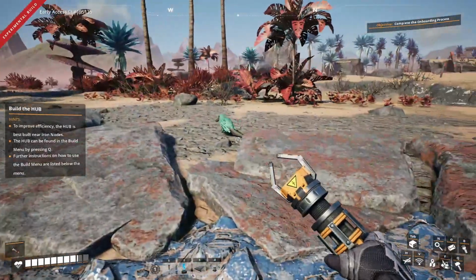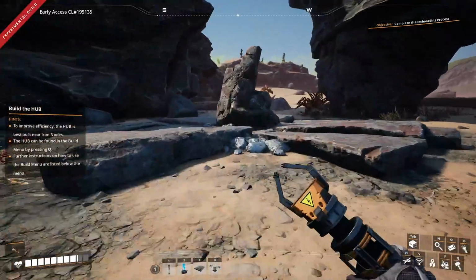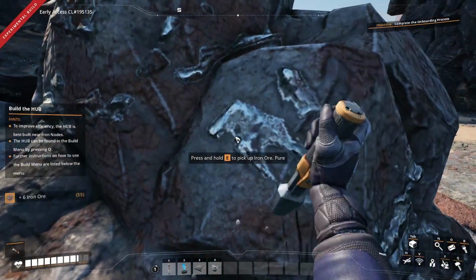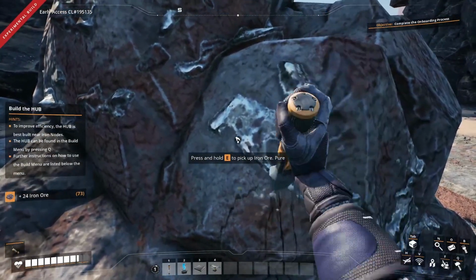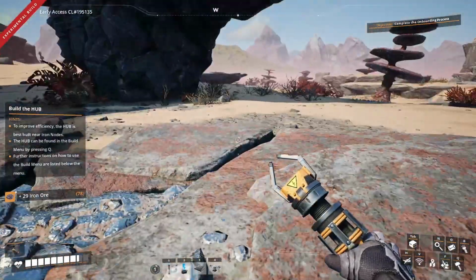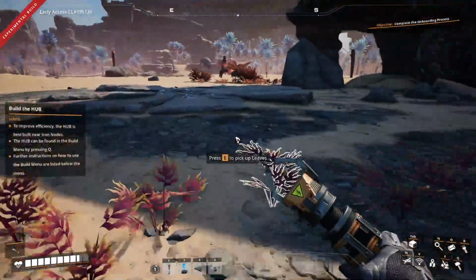It looks like these are all normal nodes. Nodes have different levels of purity. There's impure, normal, and pure. And the purity of the nodes will help dictate how fast the resource can be extracted. Yeah, these are all normal. I think there's a pure around somewhere. But anyway,